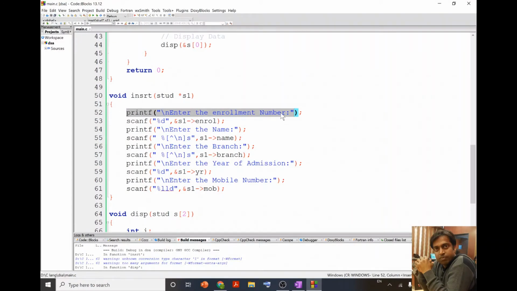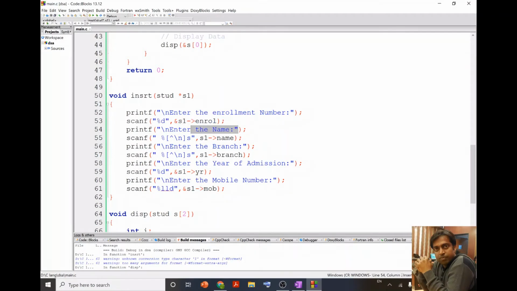So whatever enrollment number the user is going to enter will be stored over here, S1 arrow enroll. Since S1 carries the address information of some structure variable, I used this arrow, minus greater than sign. Okay, so it will assign whatever number the user has entered to this.